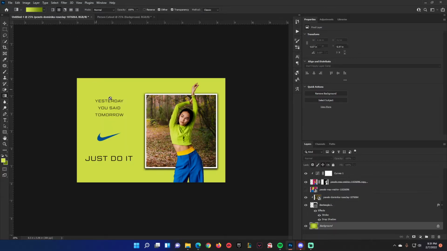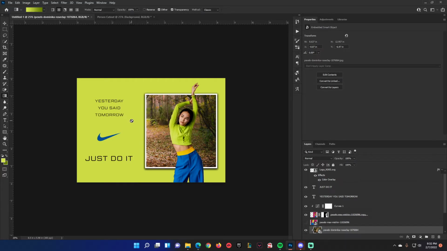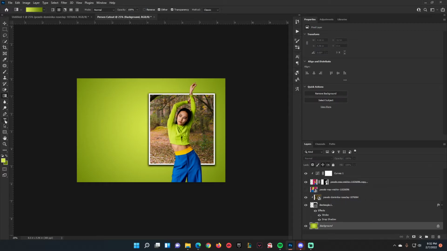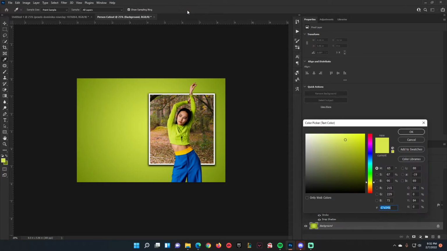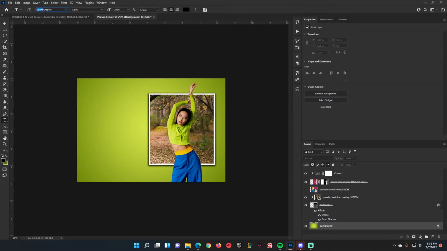Now the next thing is to type out "yesterday you said tomorrow. Just do it." So we're going to grab our type tool. Make sure that when you select the type tool, you might have it in green because that's the color you just chose, and we need to change that. So I'm going to put it in black. And then I'm using this font. You guys can use whatever font you want as long as it's kind of thin and it's not bold and bulky. And then I'm just going to write,